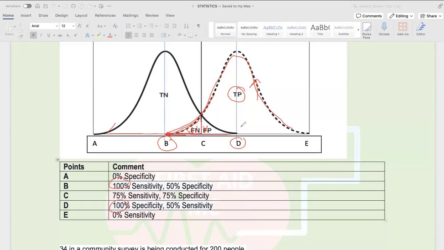The easiest way to understand it is that when the true positive of a test is 100%, it has 100% sensitivity, which is point B. And when the true negativity of a test is 100%, which is at this point, because in here there is no false positive, everything is true negative, that point has 100% specificity. Okay. Now again, if you can't understand even after that, it's very easy to remember.